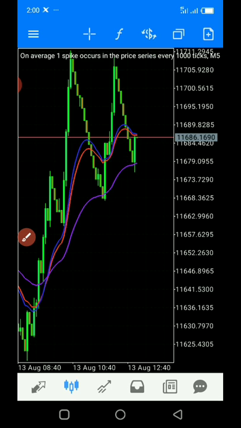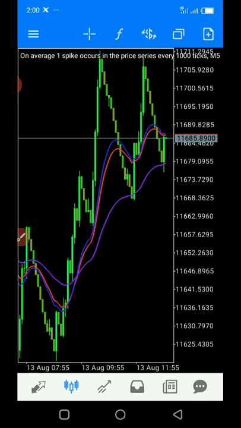Now let's talk about how you can take your profit using this strategy. For you to take your profit using this strategy, you have to locate your support and resistance level. That is just the simple truth. You have to locate your support and resistance level. Oftentimes when I'm using this strategy, I prefer